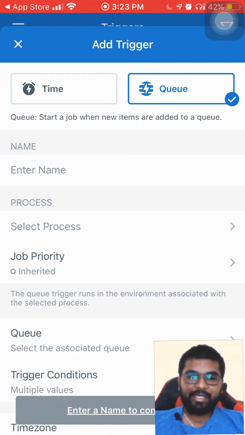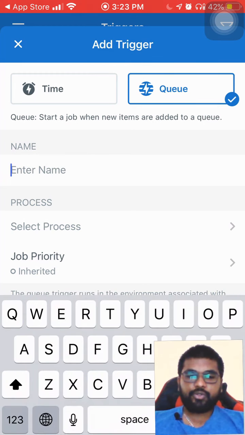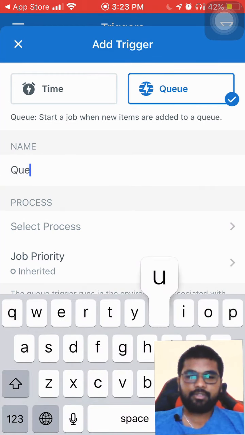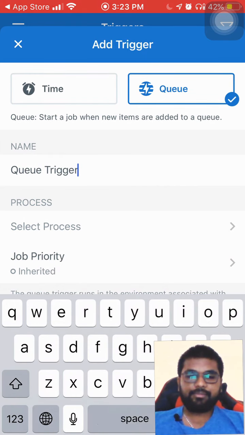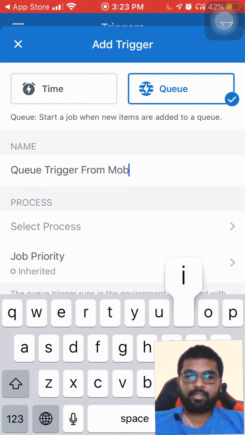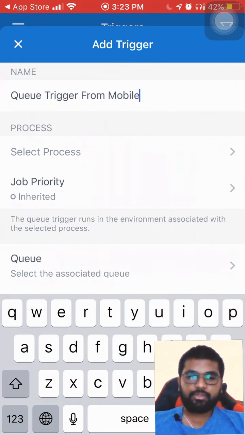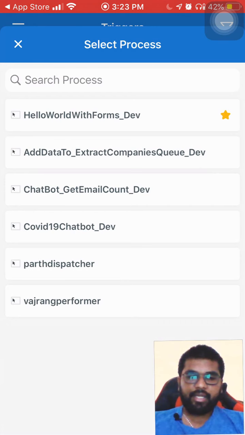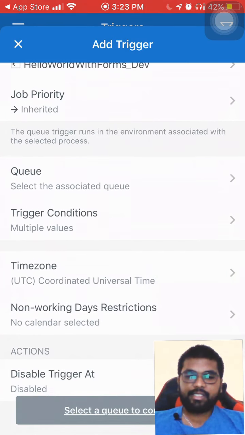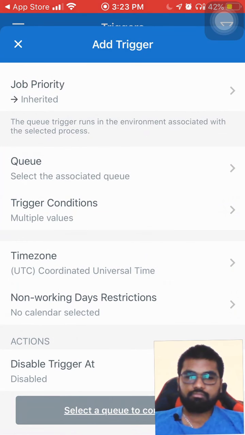So let's go ahead and add something. Queue trigger from mobile. Can I add queues from UiPath in orchestrator? No, I cannot do that, but I can always select the process. Okay, this is the process I want, and I can select an associated queue.